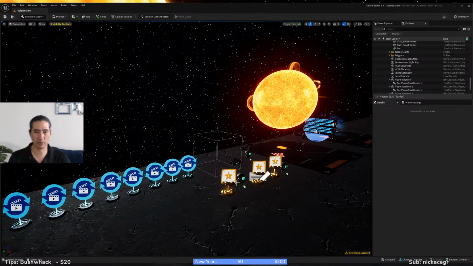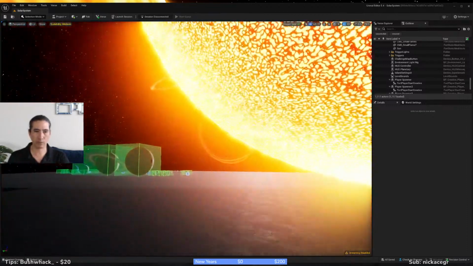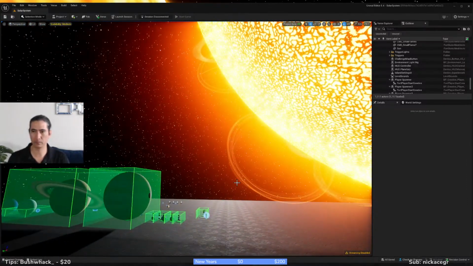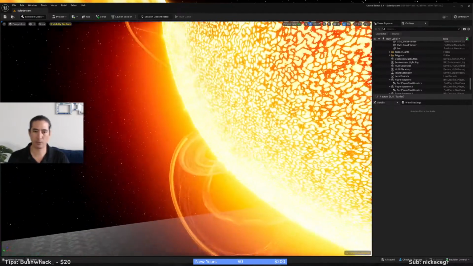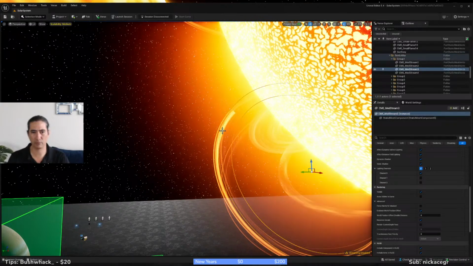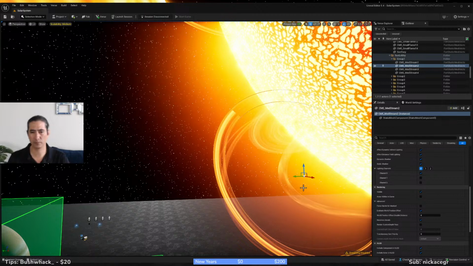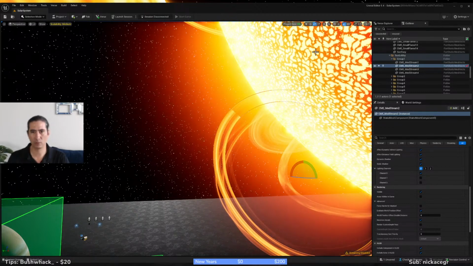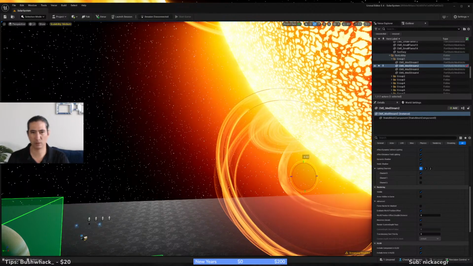Oh, I do need to fix that one thing on the sun. At least this version of the sun. There was a CME. Is it this one? I'm sure it was a different one. Not that one. This one. And I rotate you. Free rotate, so let's turn off snapping.